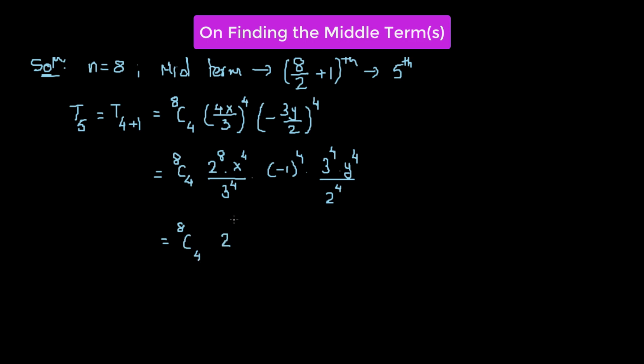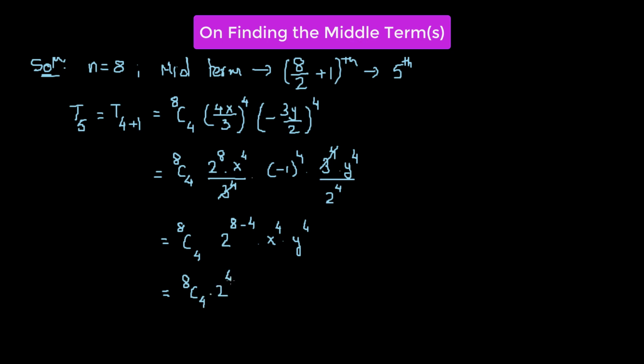8C4. We have 2 raised to the power of 8 minus 4. There's no division required here because 3 raised to the power 4 is present in both the numerator and the denominator, so they're going to cancel each other out. Then we are left with negative 1 raised to the power 4, which is always positive 1, and the final variables, which are x raised to the power 4 times y raised to the power 4. So this value is equal to